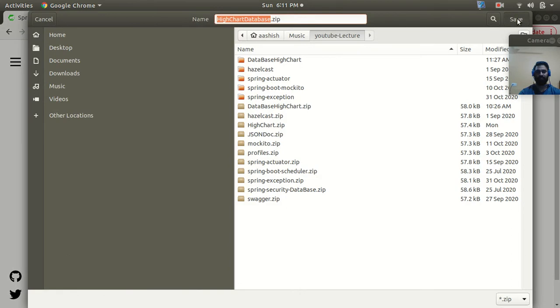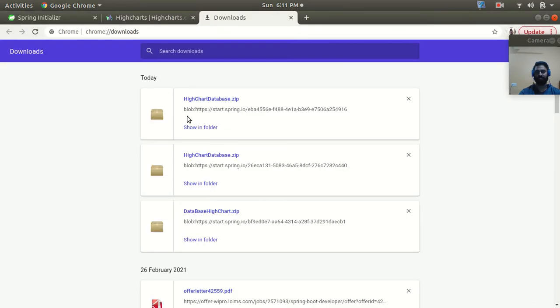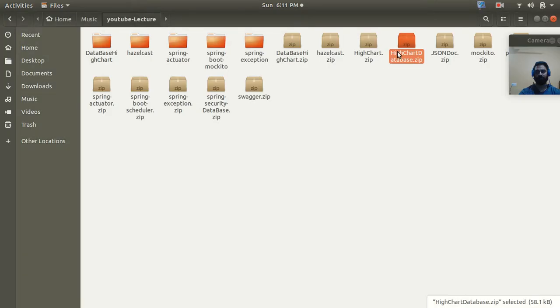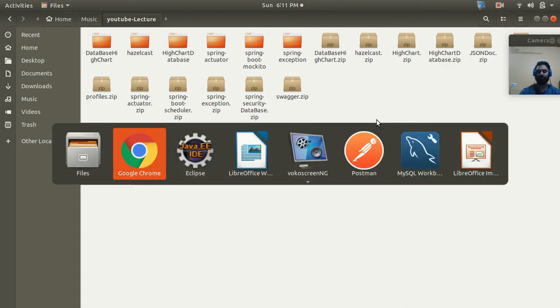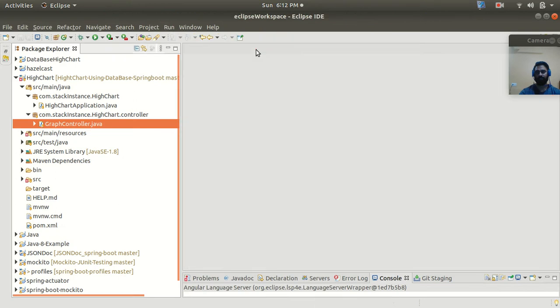It is going to download in a zip format, so we need to extract it. Let's go to the downloaded folder and extract it here. Now we need to import this project inside my Eclipse. Let me close my previous project.